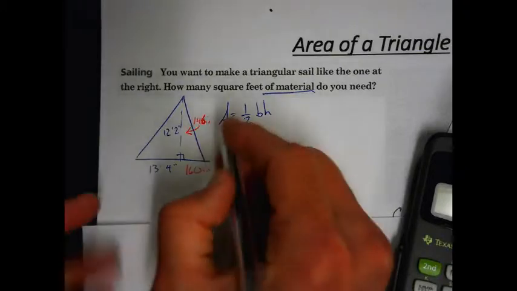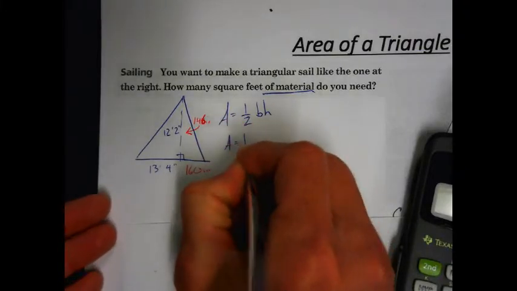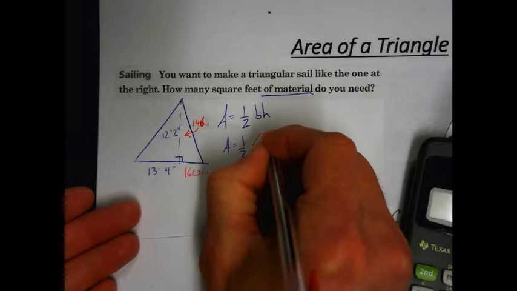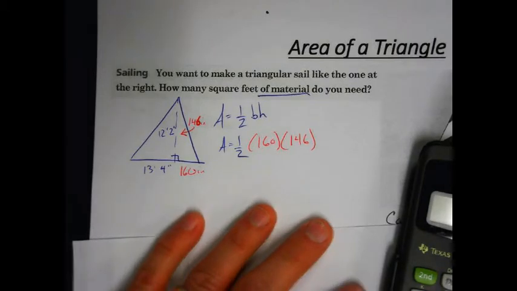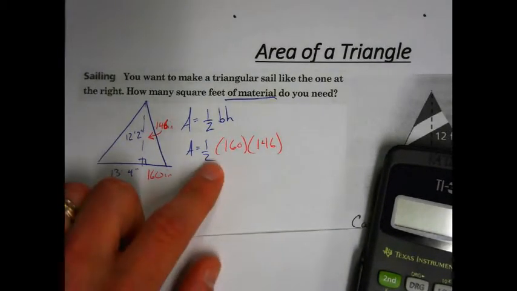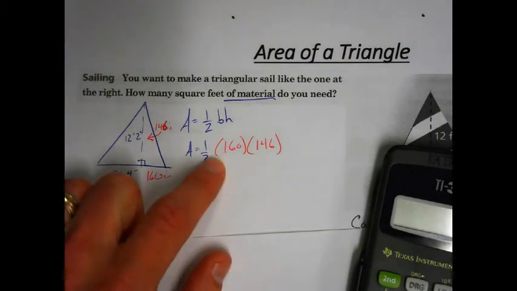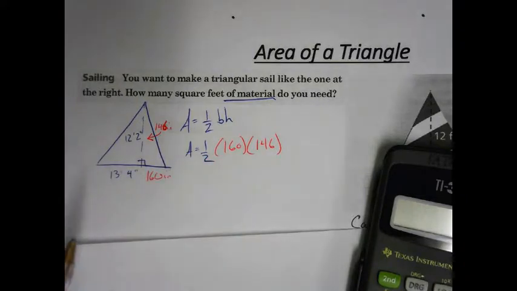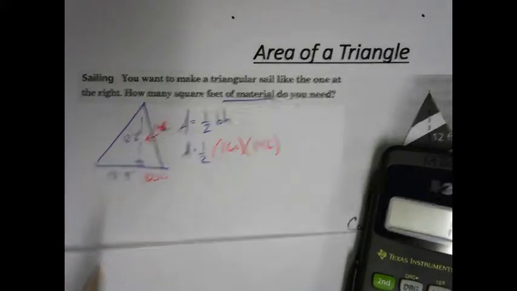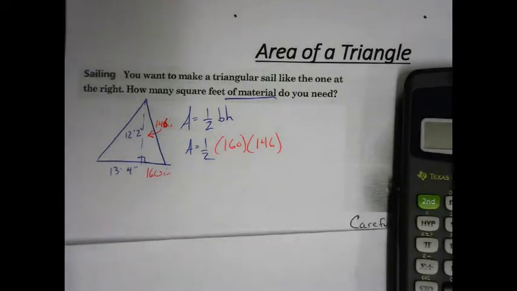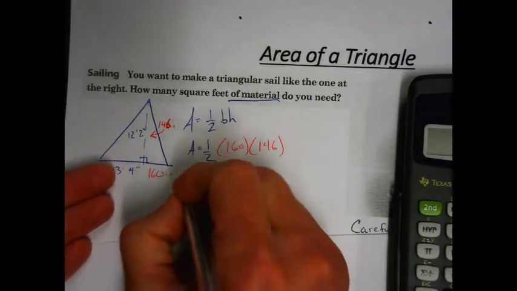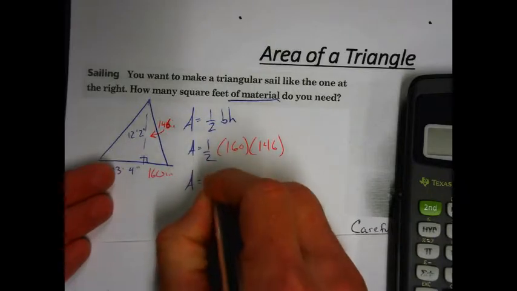So the area, of course, is 1/2 the base times the height: 1/2 of 160 times 146. Not bad. There's a couple ways that you can do this really quickly. One thing is half of 160 is 80. Hopefully you know that. So we're going to do 146 times 80. No matter what, we're getting 11,680. So the area is